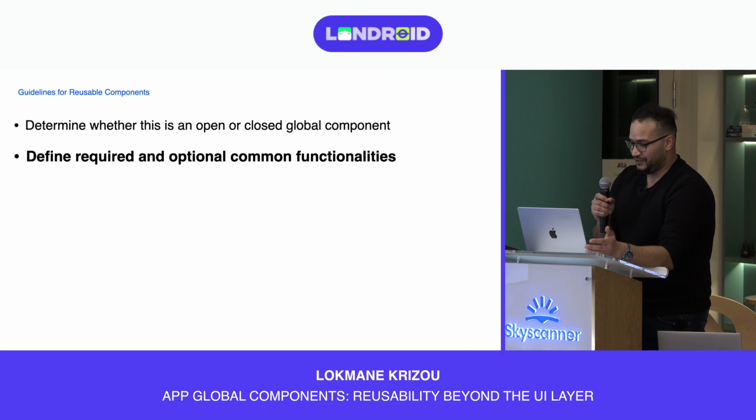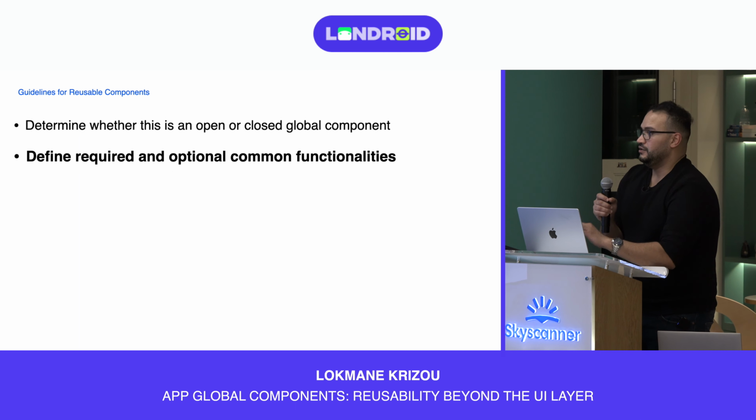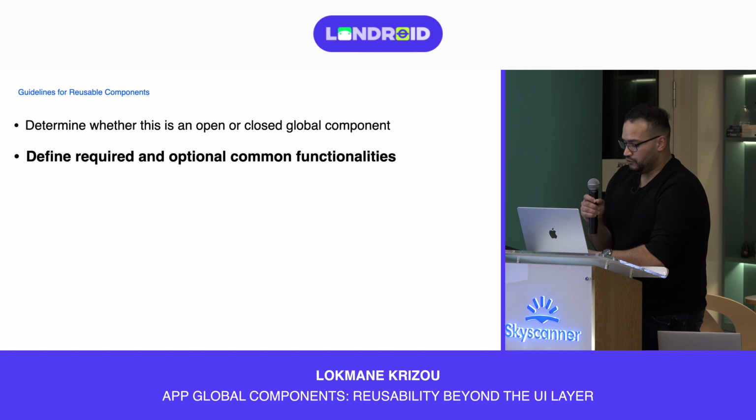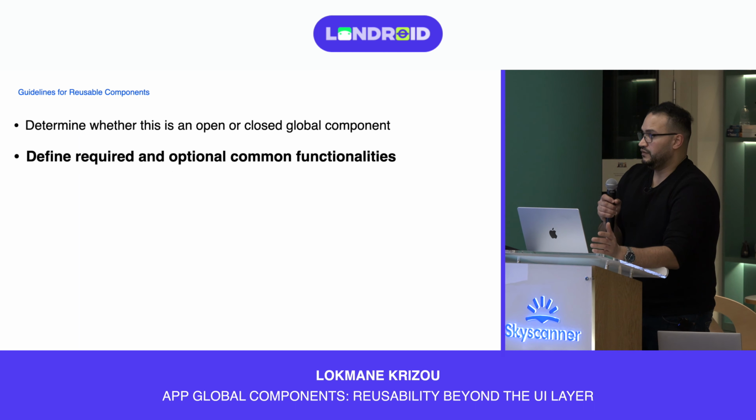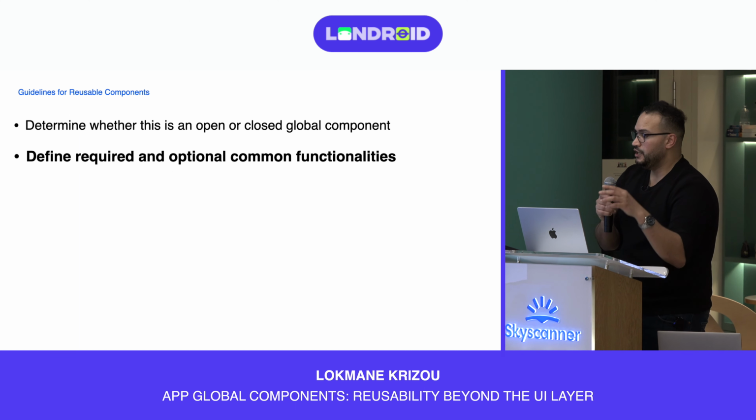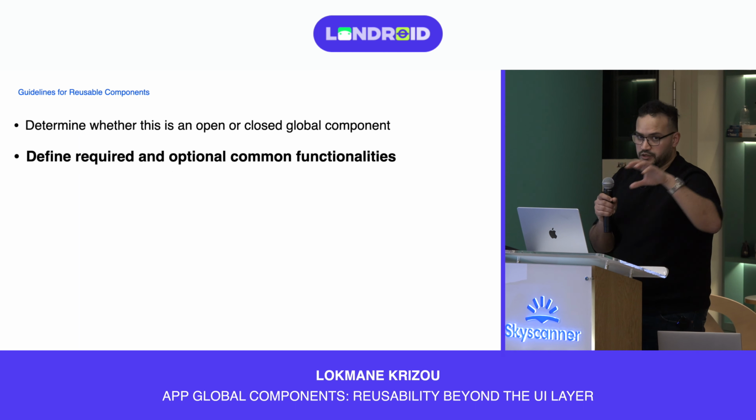If you are going to create one open global component, then you need to define the required and optional common functionalities. And by doing that, you need to make sure that if one screen or one feature requires something but the other screens don't need that functionality, then you speak with product and design and see if we can actually expand the use of this functionality to the other